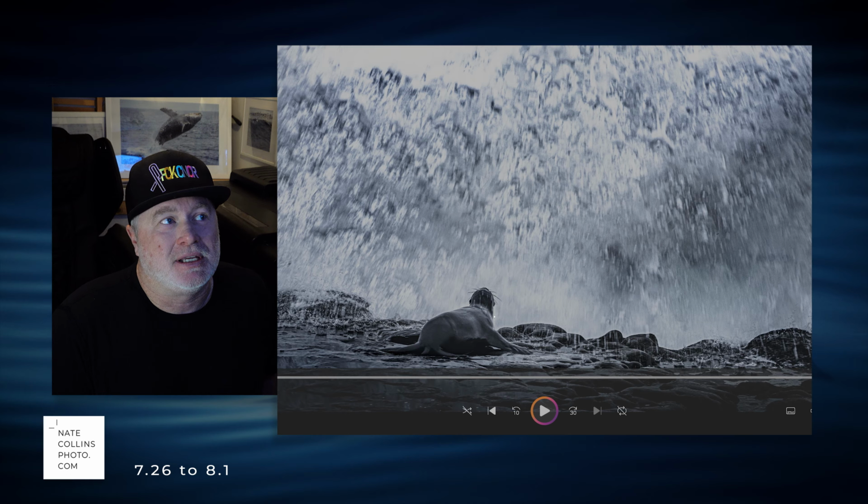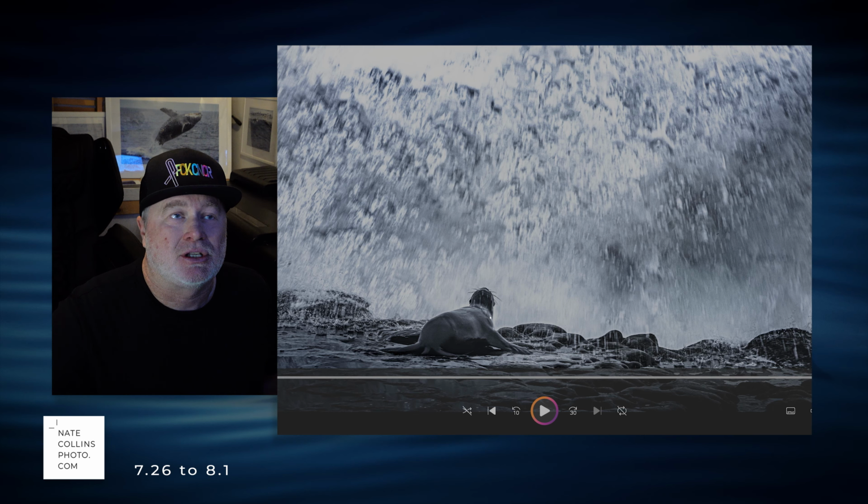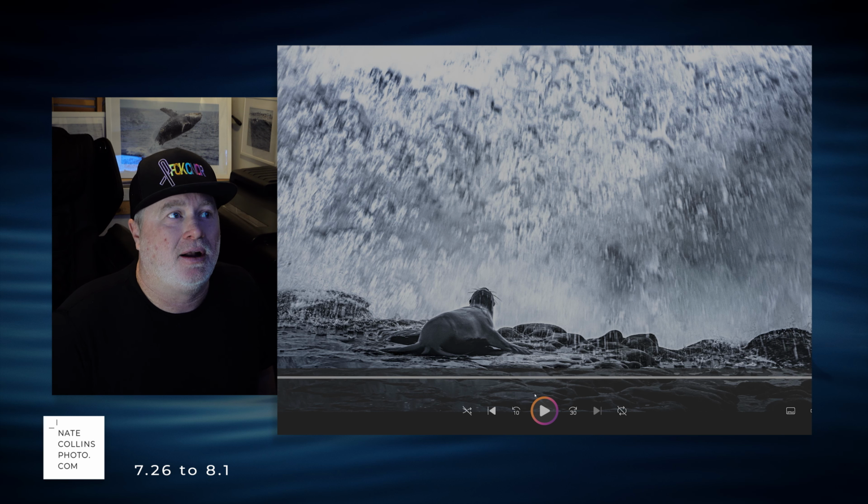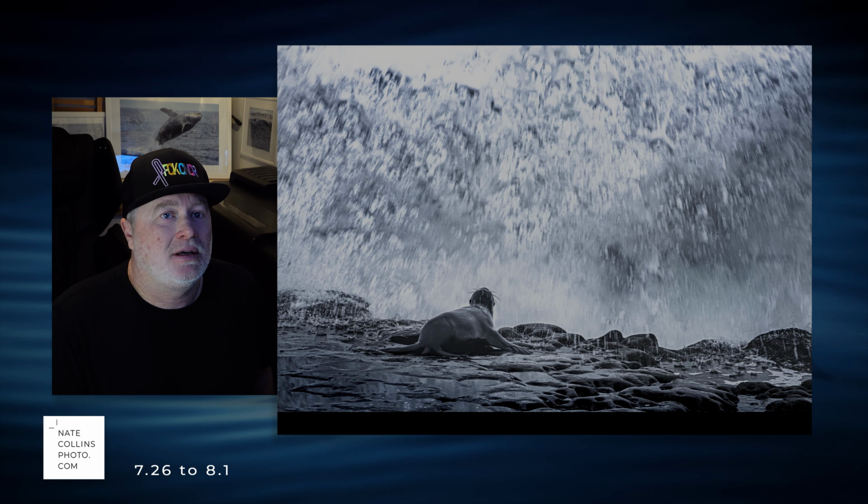The risk becomes if the sea lion starts moving too much, then it's going to blur out your subject. But I think if I would have slowed that shutter down another 50%, maybe increased the aperture, it really would have been a more spectacular photo. So here's an idea of something that's close, but I could have done better on, looking at those settings. So continuing on,